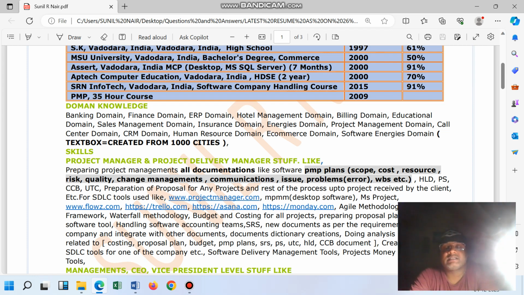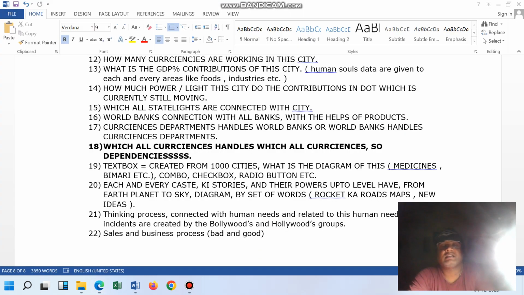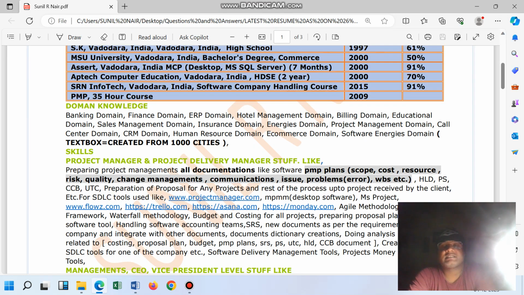The energy domain is new in the software industry, and very few people know it. Very few means only very big software companies like TCS, Capgemini, Accenture know it, and even there only the director level people. Other than that, normal companies don't know what the energy domain actually is. We will discuss that later here.